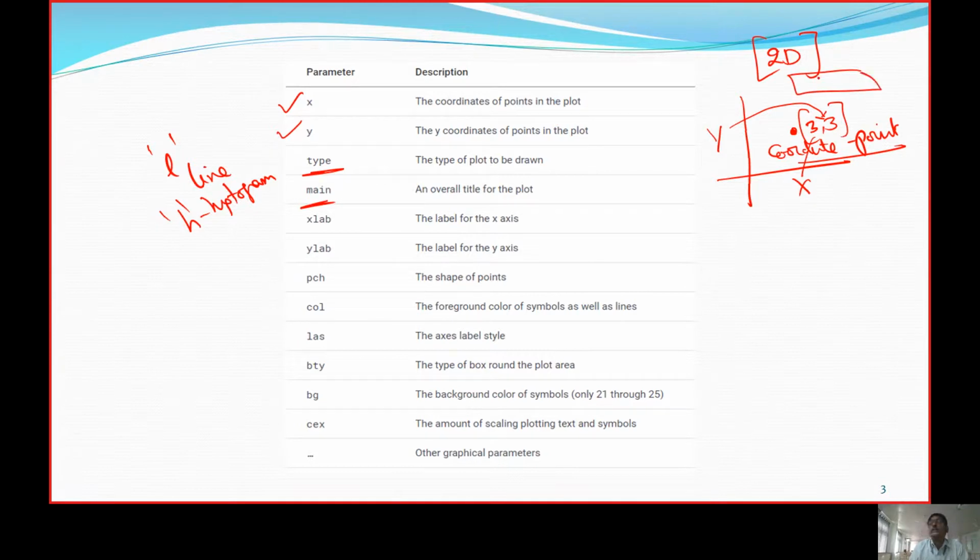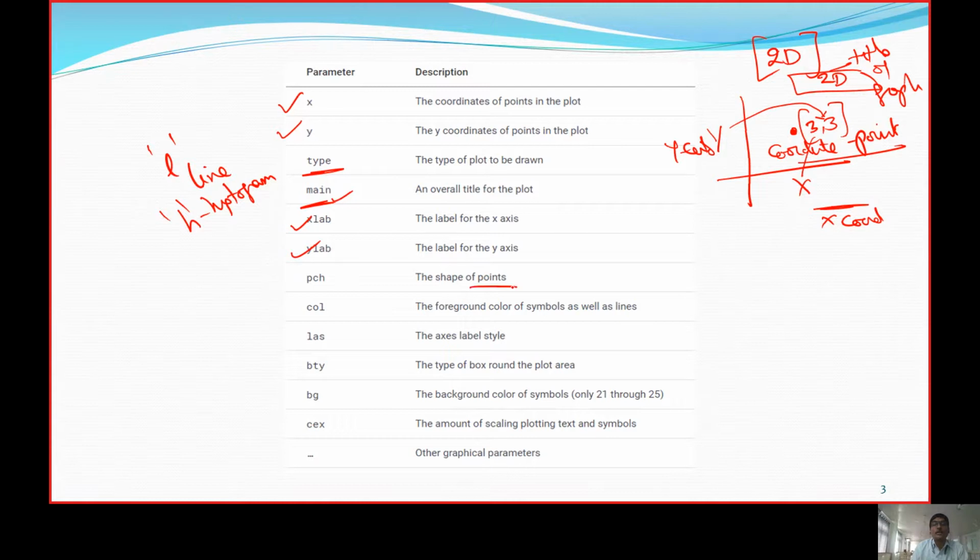The title of a graph is by default in the center position, and for that we are going to use the main argument. Similarly, we want to give the x coordinate and the y coordinate labels, so we mention them with xlab for the x label and ylab for the y label.